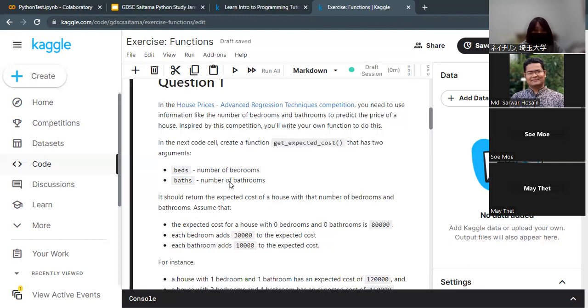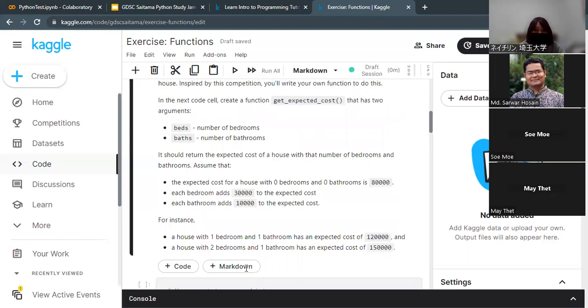For example, the expected cost for a house with 0 bedrooms and 0 bathrooms would be just